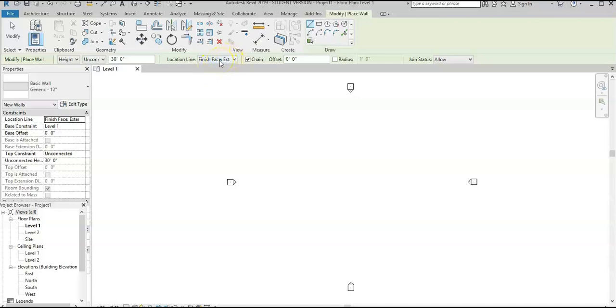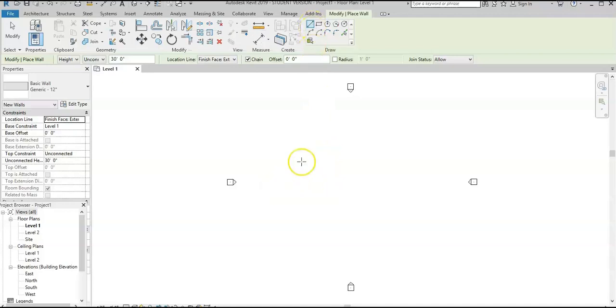As you select this option here, you can make sure that the location of your walls will remain fixed during your design. And so when you change the type of your exterior walls, the thickness of the wall will change, and it will change towards the inside of the building, not outside. So the dimensions will remain accurate. Here make sure chain is checked. Select line tool from sketching tools